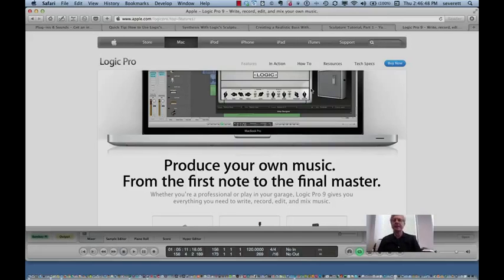And I want to show you one final digital audio workstation. This is one that is for Apple only. I've tried not to look at programs which are only for one operating system. But many of you may have Apple computers, and I did want to mention this particular one, Logic, or Logic